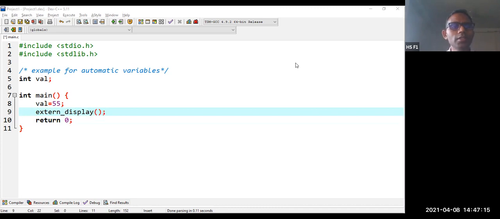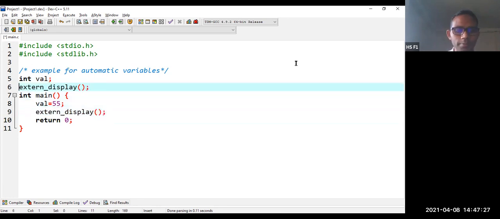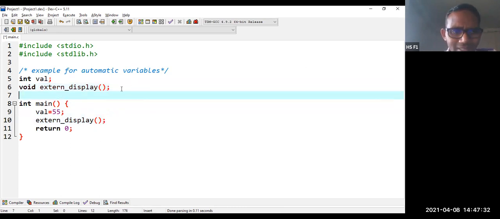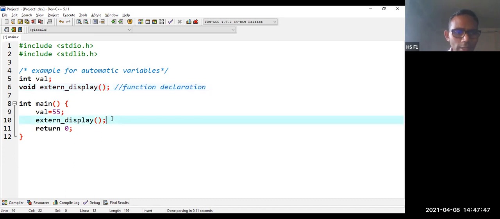As you are calling it here, we need to have a function declaration, which means a prototype. Simply we write void extern_display. As per our previous classes, if you want to write the function definition after main, you write the prototype or function declaration. Similarly here, this is the function declaration, and this one is the function call.